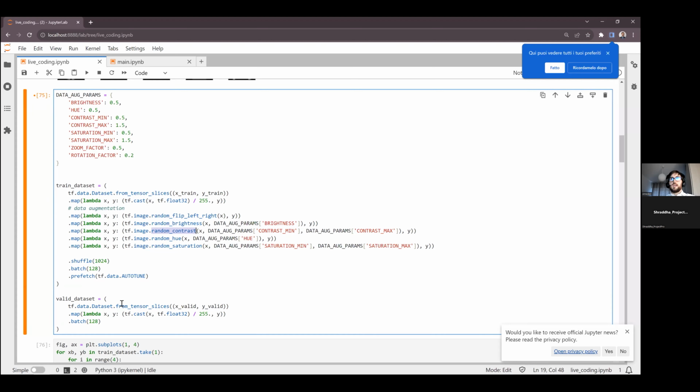Generally, either you don't use any kind of augmentation to get the performance analysis of your model, or you can do it, but generally it's recommended to give many repetitions of the same image to the model and average the prediction. So for example, if I randomly flip the image left and right, I can give both of the possibilities to the model and then average the prediction between the two.